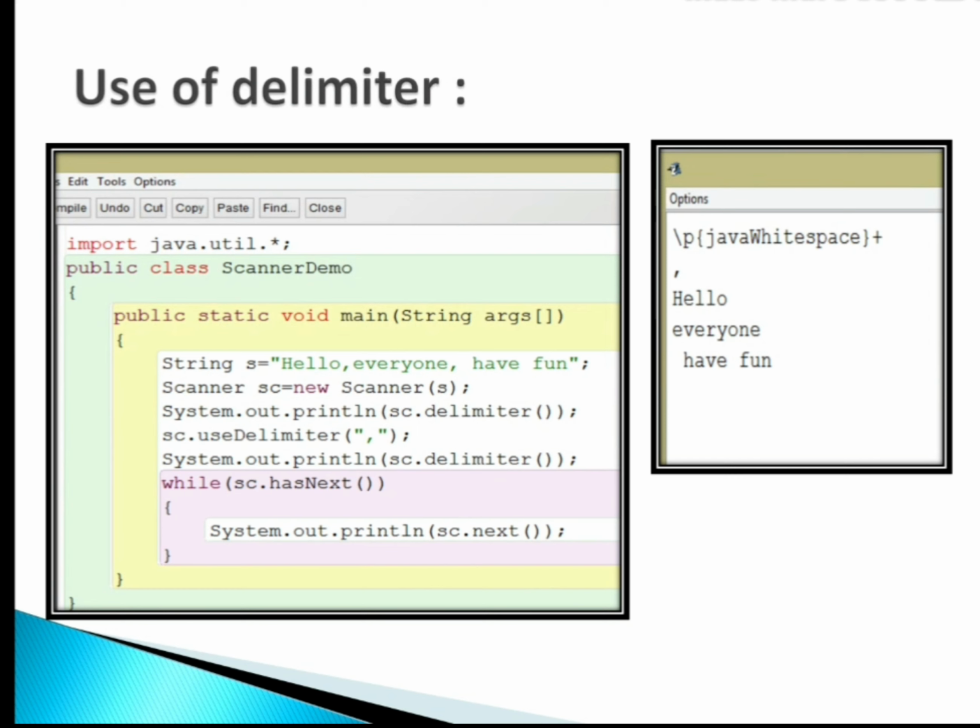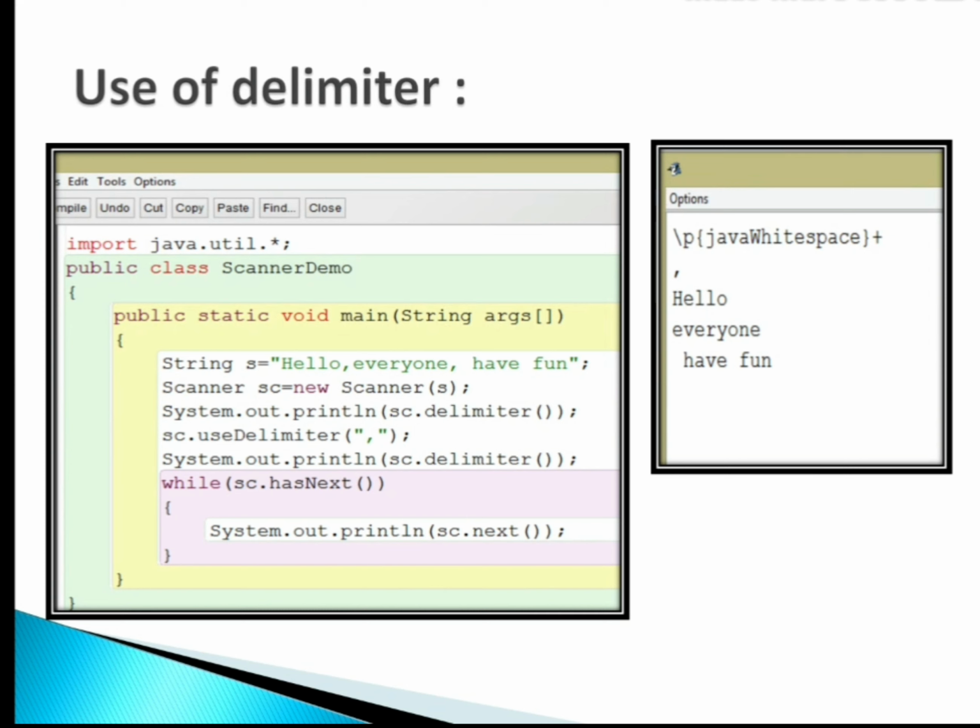hasNext checks whether the string has a next token or not. sc.hasNext informs me whether the sc object contains another token or not.